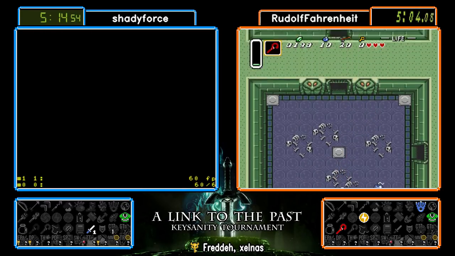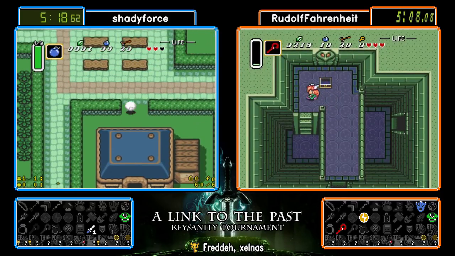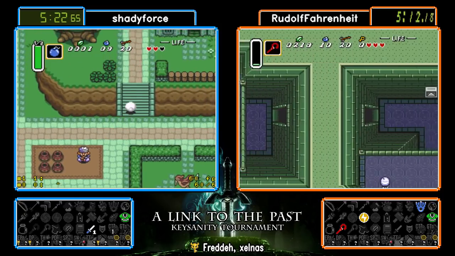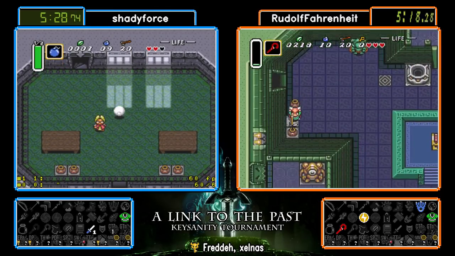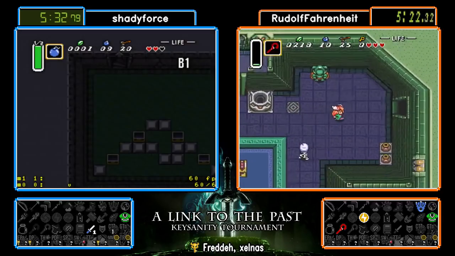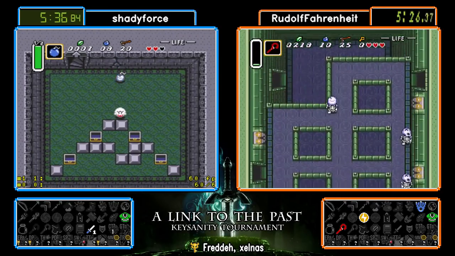Rudolph having a little bit of trouble with Stalfos room. Now, he didn't shut the stuff just south of the city, so hopefully he doesn't completely forget about that while he's up here. I would have done that and then save and quit while I was doing these two last checks. But whatever floats his boat. Right now, his opponent is just doing a completely weird route, so...